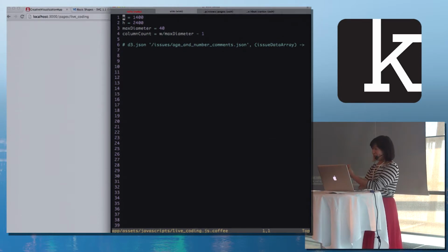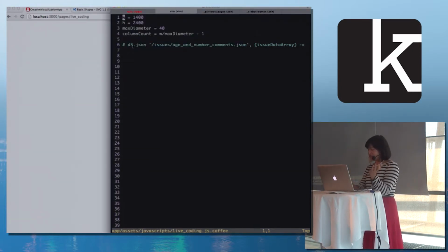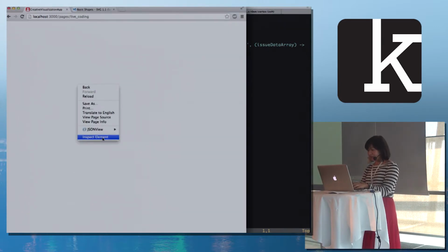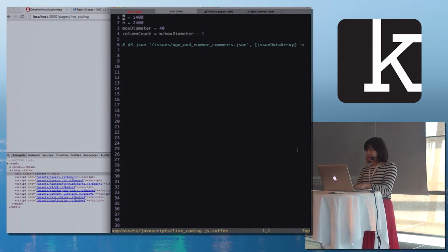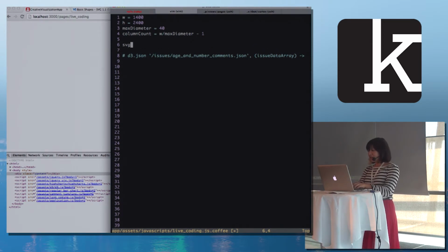So I have an almost blank JavaScript or CoffeeScript file, and an almost blank HTML file, except I have this div with the class content. The first thing I need to do is add an SVG container in order to actually draw SVG on this page. So to do that in D3,